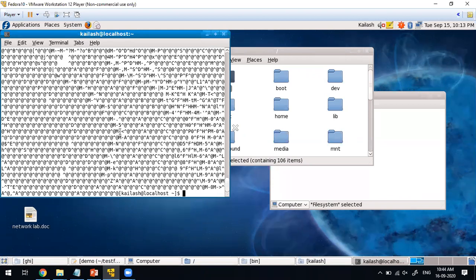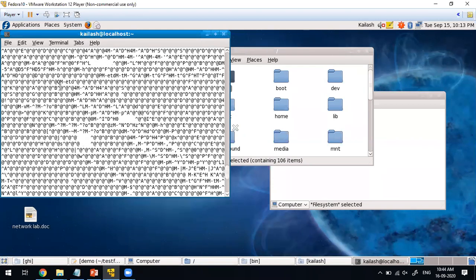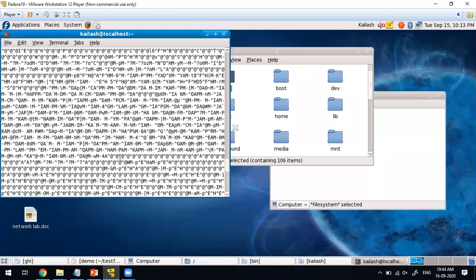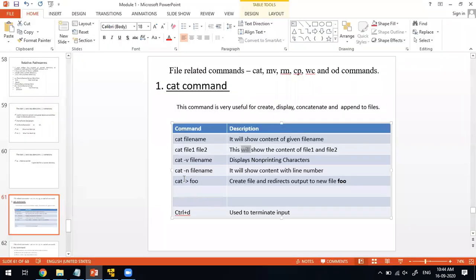See, now it is converted into printable characters. You are not able to identify them fully even now, but there is an ASCII value for each character. Even though they are non-printable, and it was not able to print them before, now these characters you can identify on the keyboard. For this purpose, we use -v.